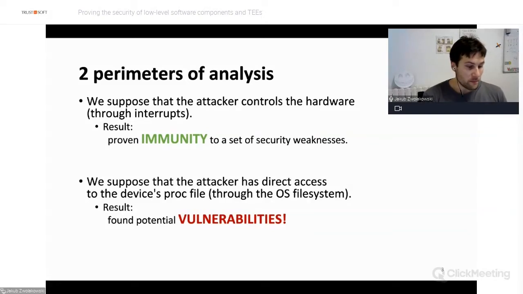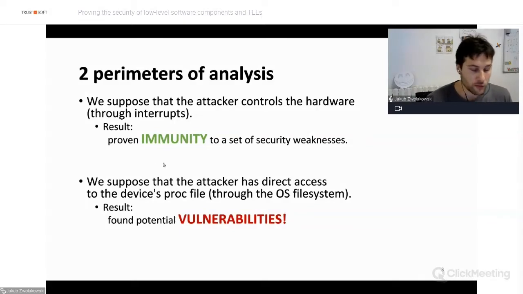Maybe this kind of situation is actually impossible in practice or difficult. Maybe you need root privileges for this case, but we have checked this case, and actually, if the attacker can write anything he wants to the proc file for this device, there are some vulnerabilities present in the code. There are some undefined behaviors.